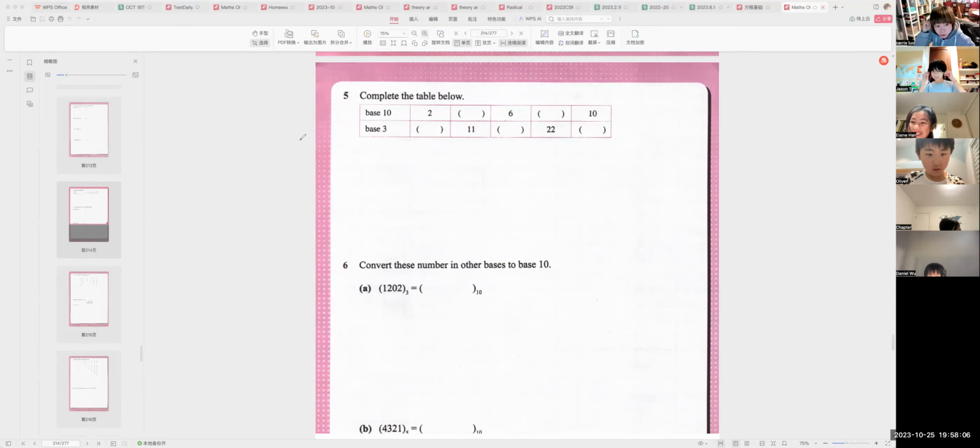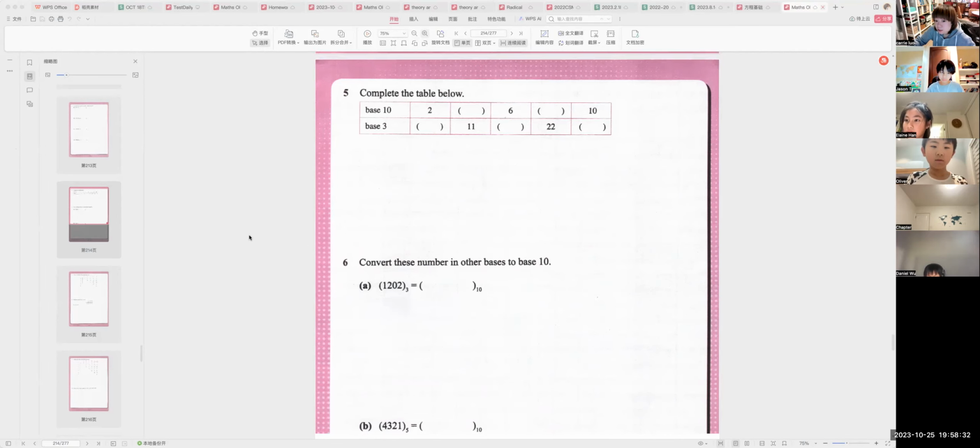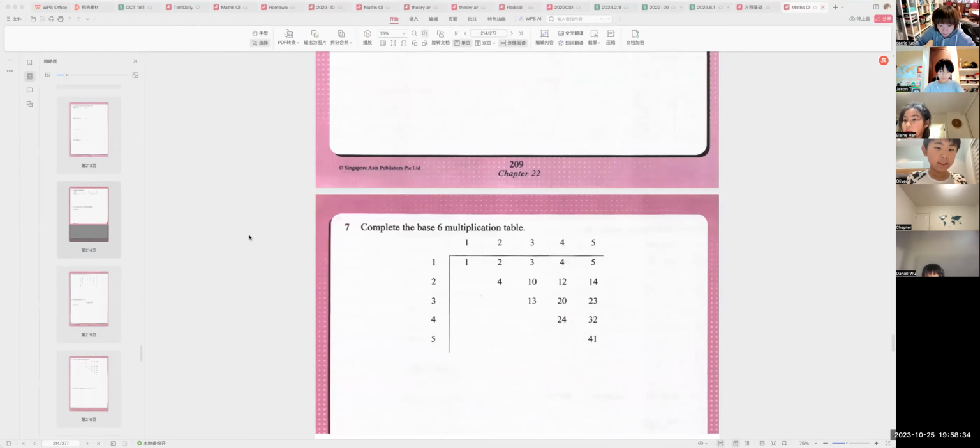下面这个数必须要是比3小，对不对？ Okay, so let's take a look at this one. Convert these numbers into the other base, based on 10. So how to do this one? Just 1 times 3 to the power 3 plus 2 times 3 to the power 2, right? Those ones we don't do anymore. 好吧，这些题目回家自己做，因为这个太简单了，我相信小朋友们都会做的，好吧？